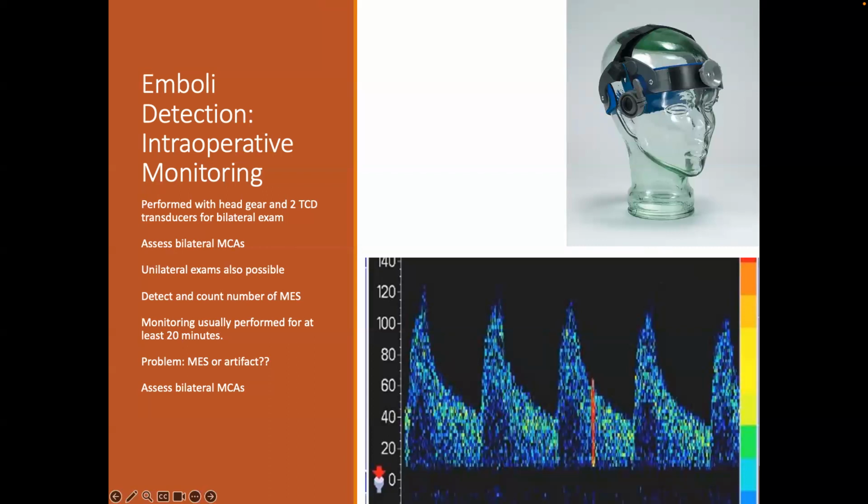It's not currently available for transcranial color imaging, so that's why they use the non-imaging Doppler transducer. They'll monitor for at least 20 minutes, and it has an automatic emboli counter, so it'll count the number of emboli. I don't know how it works, but